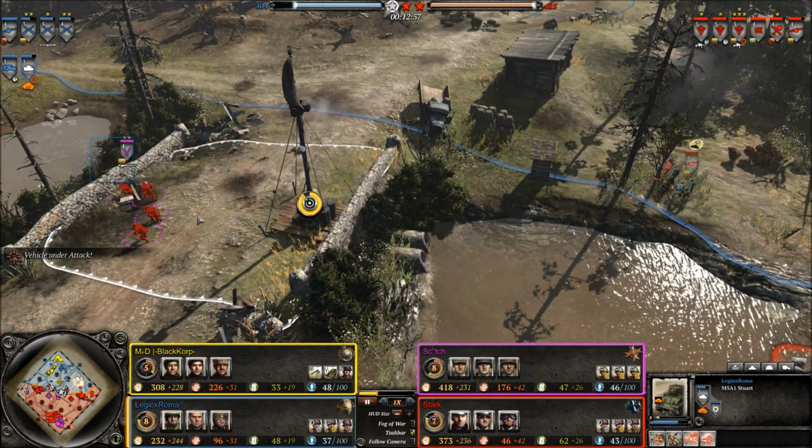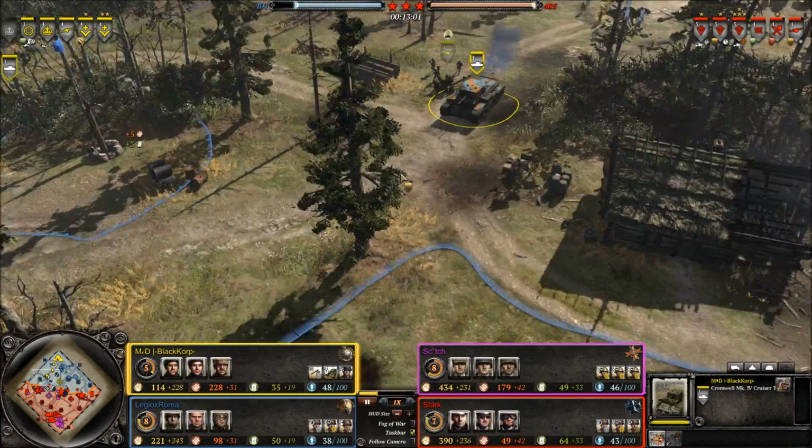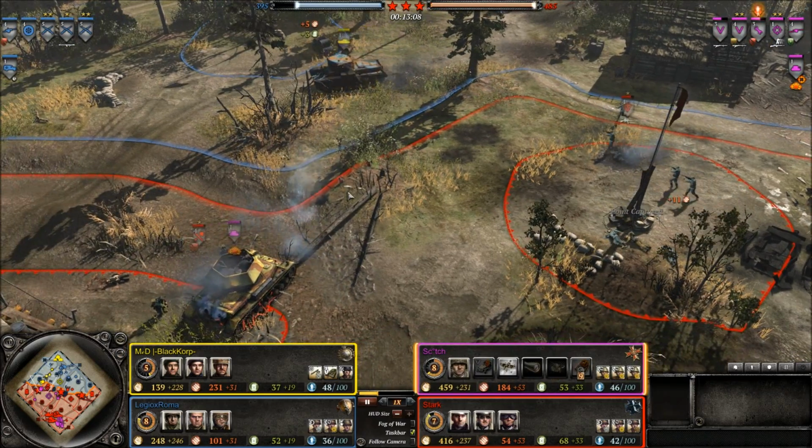Panzerfaust there, damaged engine. Cromwell setting out, more salvage on the way there for Blackkorp. We got the first doctrine chosen. It is Scotch